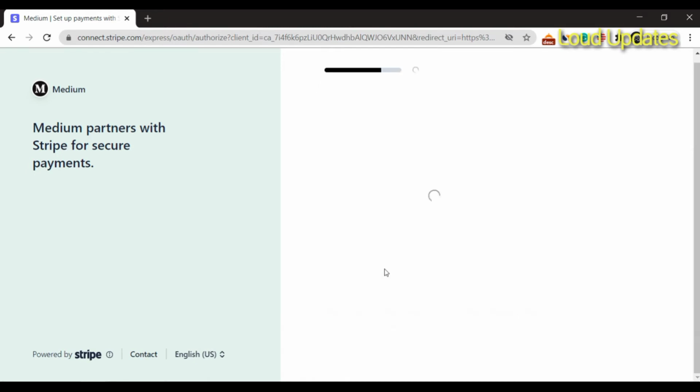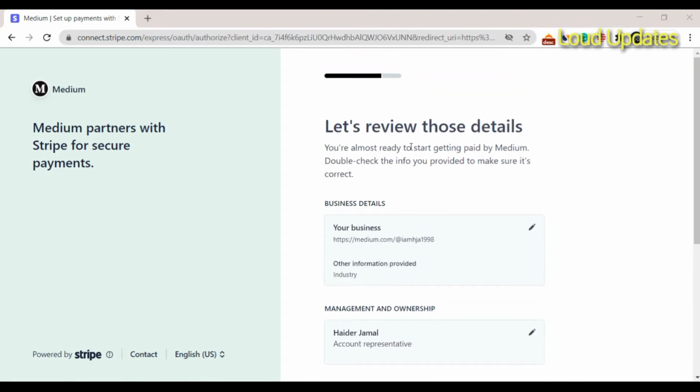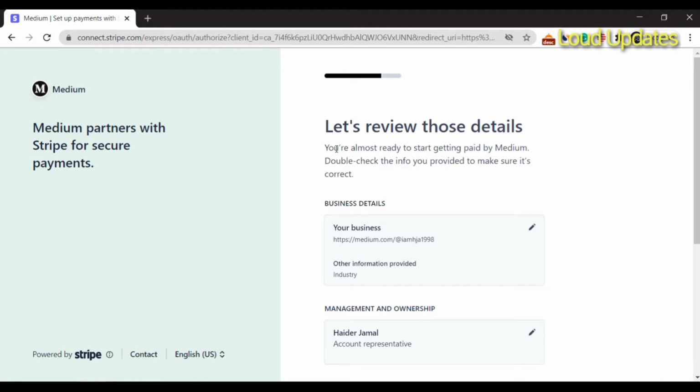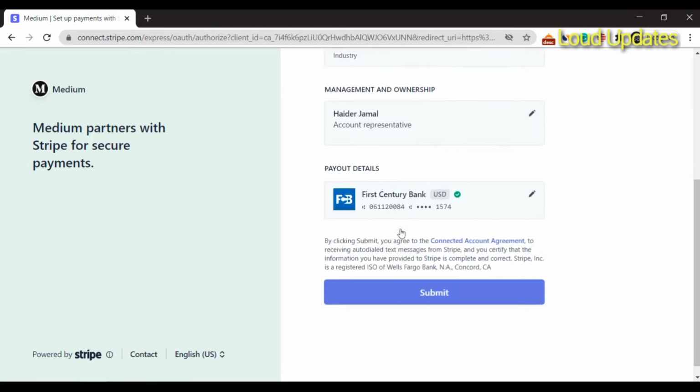It takes a few seconds, and now make sure your details are right. If you think your details are wrong, click on the edit button and then click on the save button. Let's review those details. You are almost ready to start getting paid by Medium. Check your business name and your bank details, and now click on the submit button.